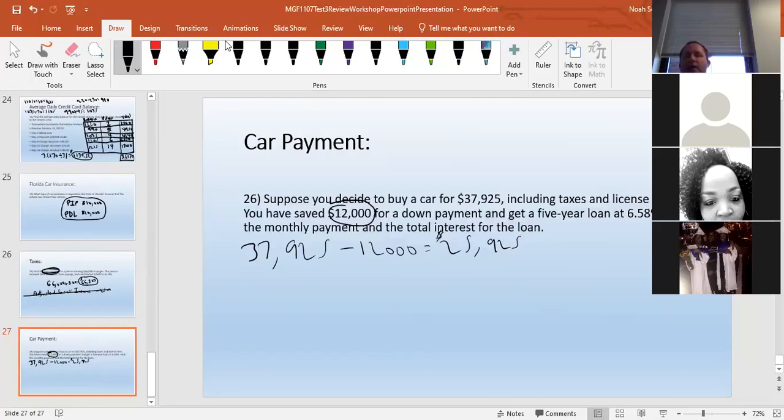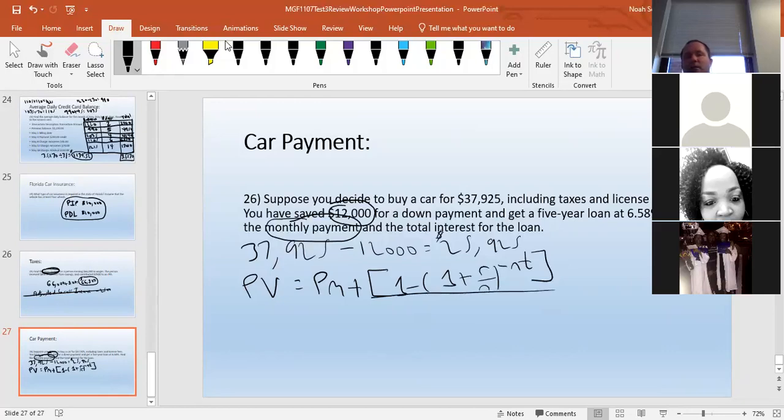But then you have to find out the monthly payment, and there's an annuity formula. If you remember from Unit 2 or Test 2, you had the mortgage formula. The car payment formula is the same as the mortgage. It's the present value of an annuity equals the payment times bracket 1 minus parentheses 1 plus r over n to the negative nt power close parentheses over r over n in parentheses. It's the same